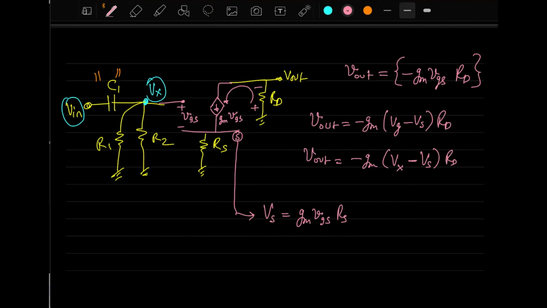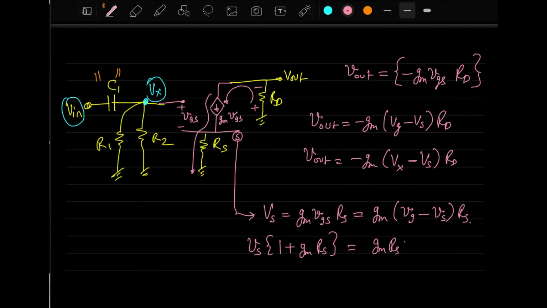Can I write it or not? Because this current which is here is flowing like this. So Vs is gm VGS times Rs. So here you can write it as gm, what is VGS? VGS is your Vg minus Vs times Rs. So if you take Vs from here, combine it together, what you get is like this: gm Rs Vg. So you get Vs in terms of Vg as gm Rs over 1 plus gm Rs